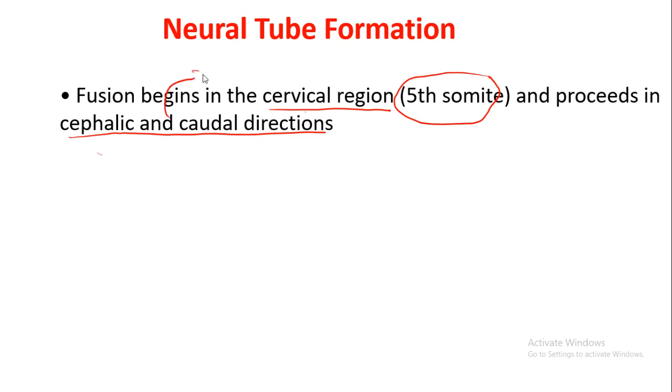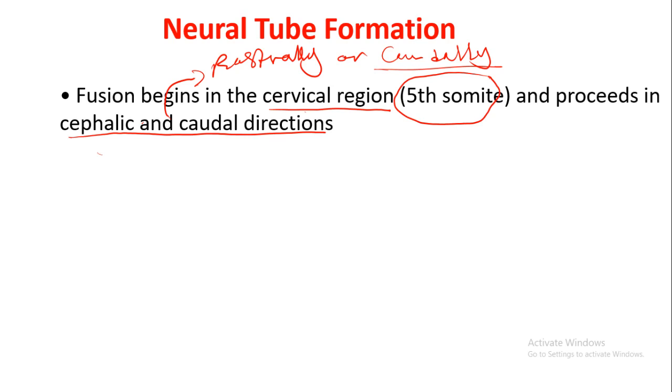That's why we said it normally takes place cranially to caudally, meaning it's moving from the cephalic region going to the caudal region. Okay, so with that in mind, remember, when the closure takes place,